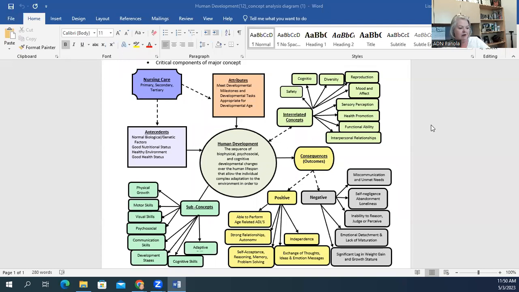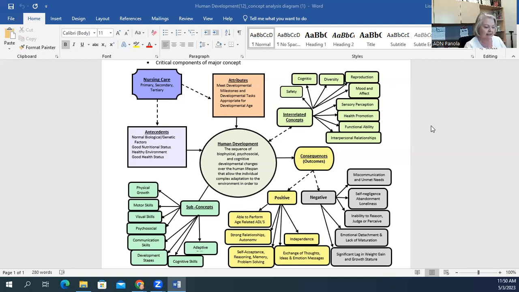All right, to finish off our human development concept, I want you to go back to your maternity book in chapter 6. This is where I have given you that extra resource about developmental milestones. The book has a shorter, I think more concise chart about it. So it just talks about knowledge regarding developmental milestones, helps caregivers to determine whether the baby is growing and maturing